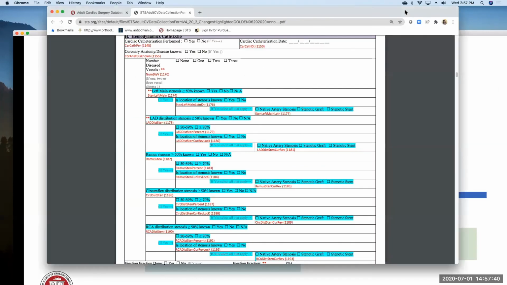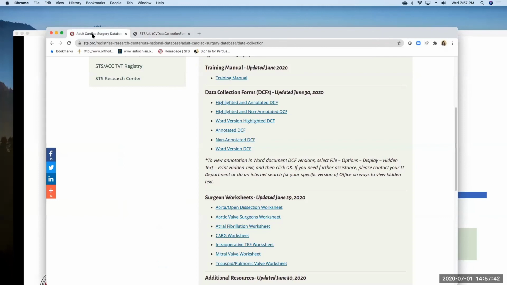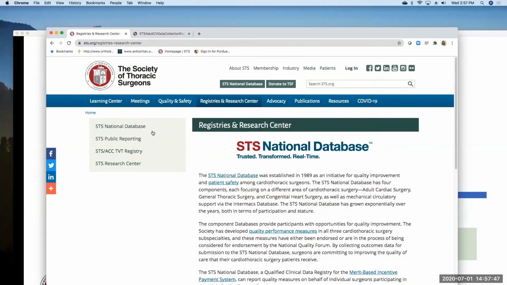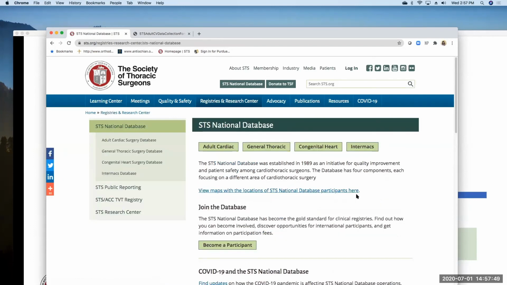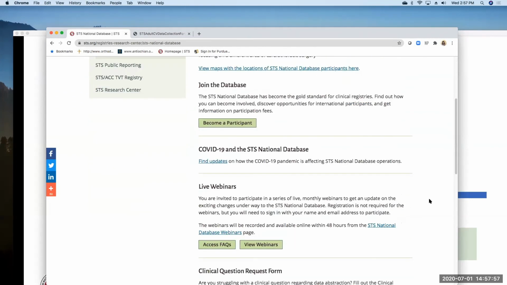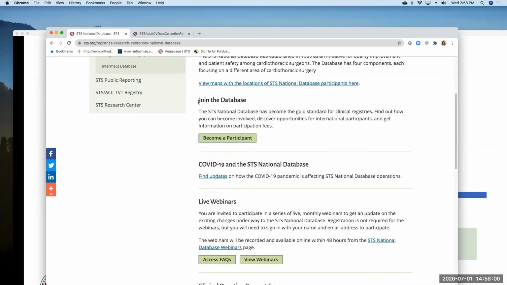On the STS website, it's under registries and research, and then the STS national database. If you scroll down, do not click on any of the databases, just scroll down right on this general national database page. And under where it says join the database and become a participant, there's a list of